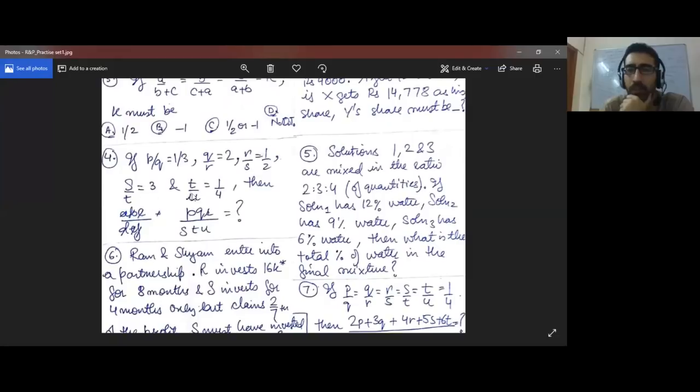Start by assuming something here. Start by assuming some quantity. You could have started the opposite way, in the sense that you can either start by assuming U is equal to 4 or 4x, and then get the values of all quantities, and you'll get that immediately. Or start by assuming P is 1 or P is 1x. Yeah, and then you get the values of all quantities, which will help you then calculate PQR by STU.